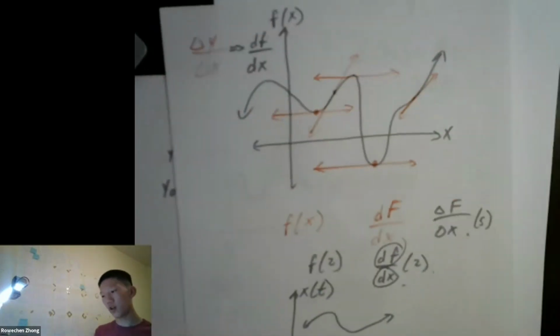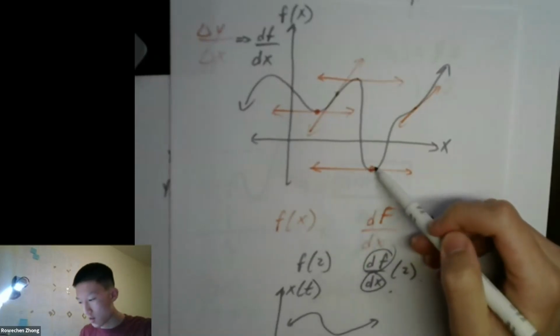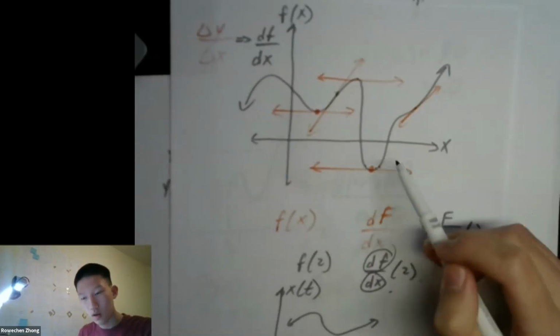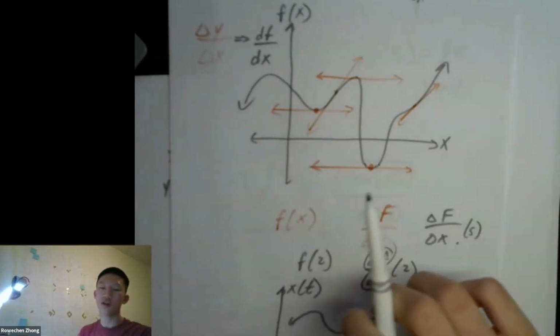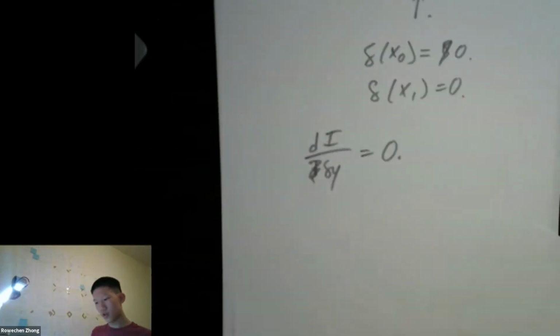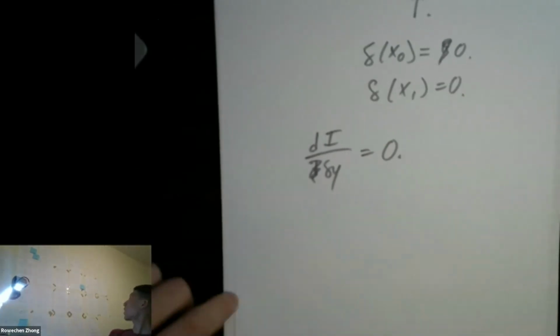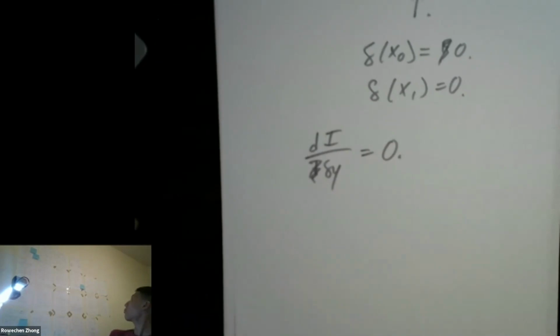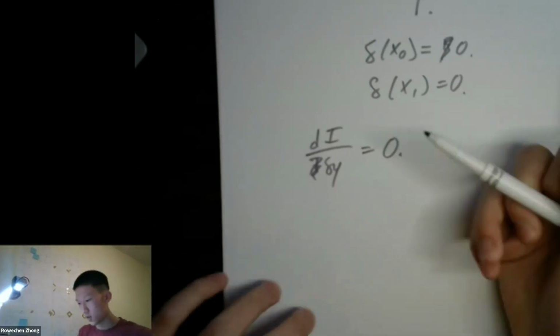Remember how we said before that if the slope is 0, that means if you change x slightly, y barely moves. That's how you know that you've got a minimum. So you do this. Now what? Use the chain rule. What is the chain rule? Okay, let's take a look.